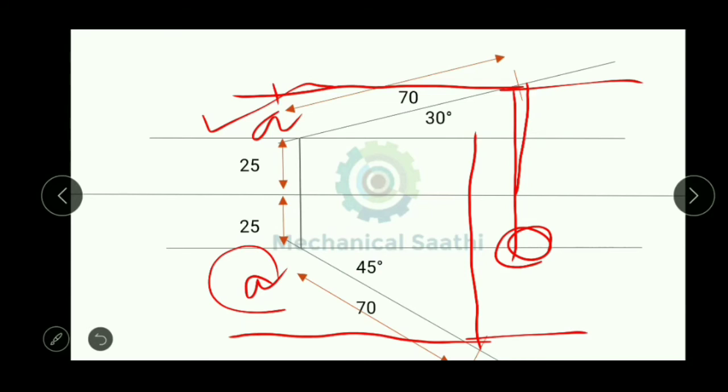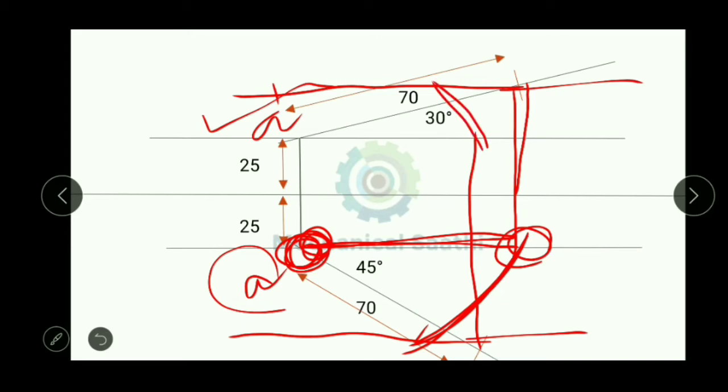So now we need to draw an arc over here. By taking this as the radius and putting the needle of our compass over here, let us draw an arc from this. Okay, and again we'll do the same thing from here to here, so we can get the arc. So let us see what the drawing may look like.